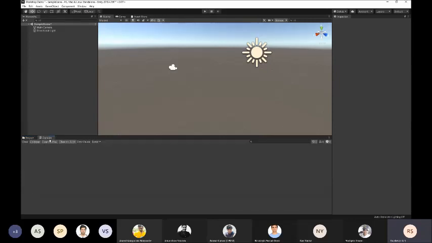And this is the console. If you know JavaScript, you know that Google Chrome has a console where you can debug your JavaScript code. So it's similar to that. Unity has a console for debugging C# scripts, and we'll also get back to this later on.